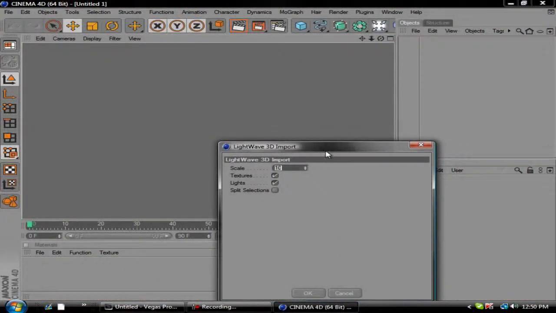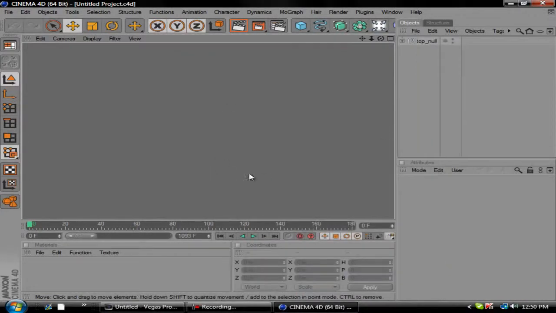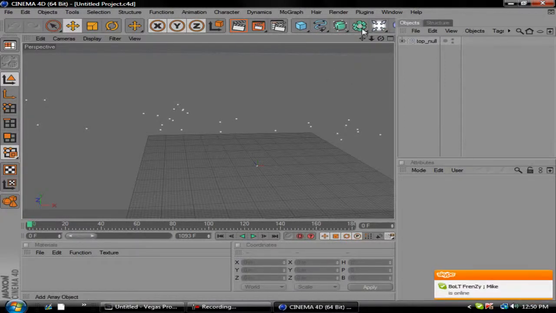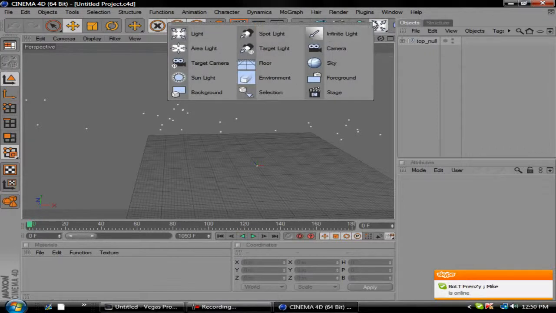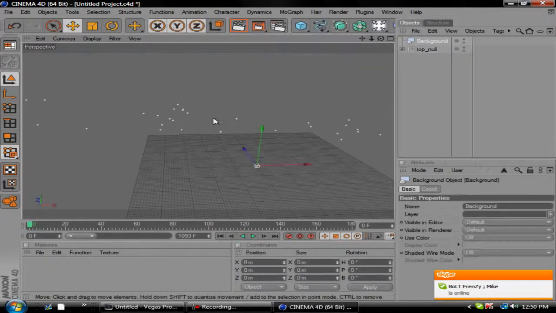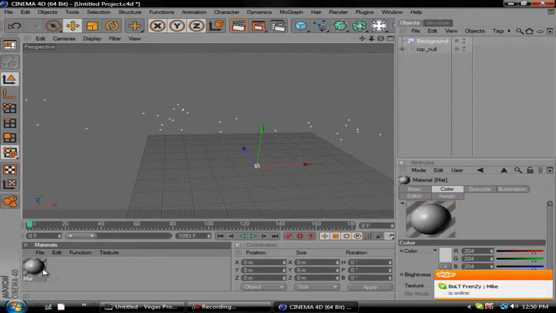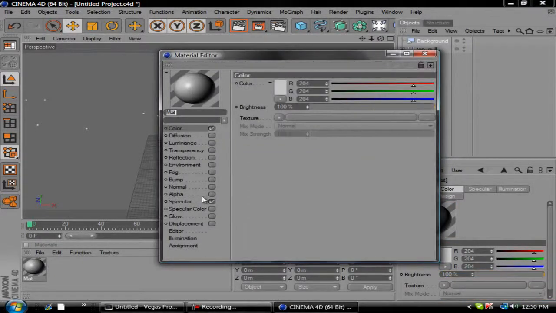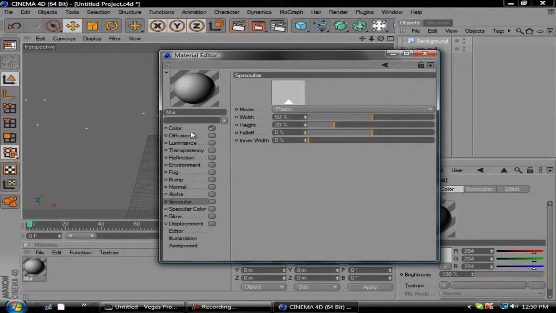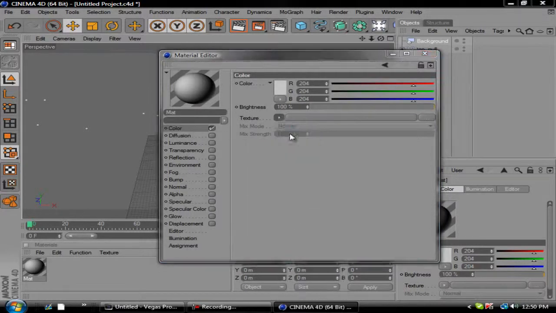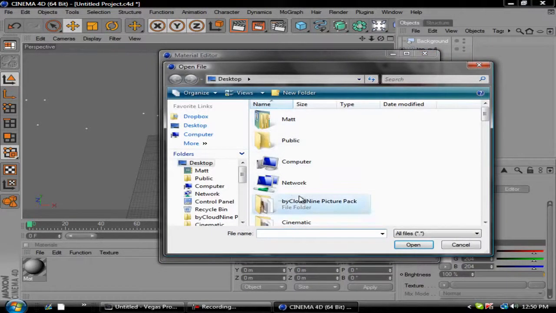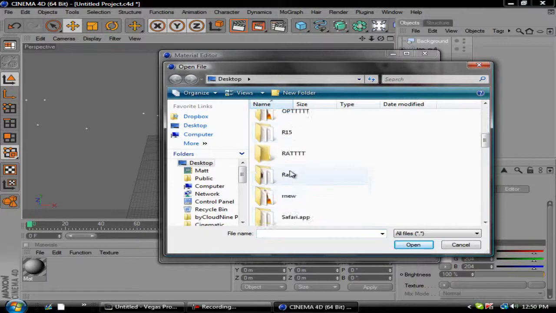Okay, so when you open it up, you'll get this Lightwave 3D import. You just want to leave it at 10. And so you'll get a bunch of these white dots. That's what you're supposed to have. And then you want to go over here to this arrows going in different directions. You want to hit background, double click the materials, double click this. Make sure specular's unchecked. Go to color, texture, load image, and you want to load your video in that you